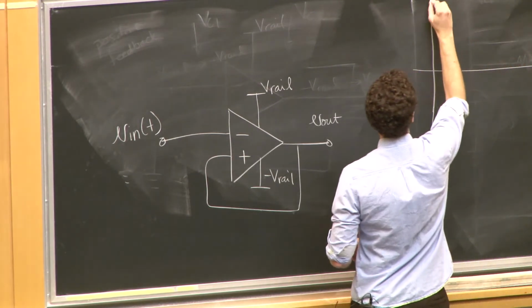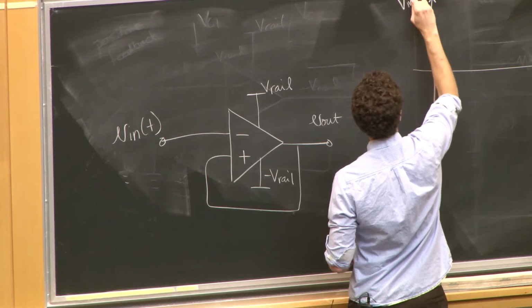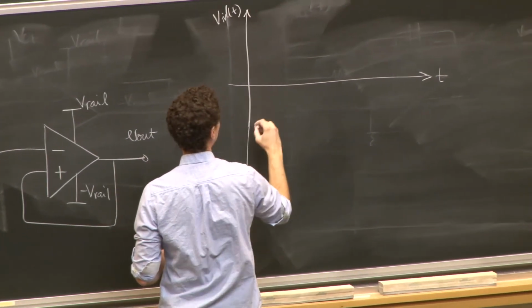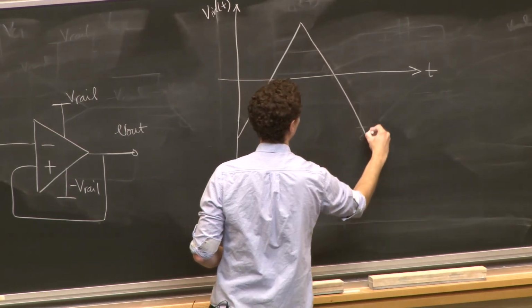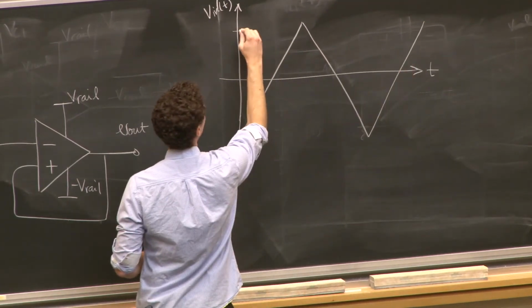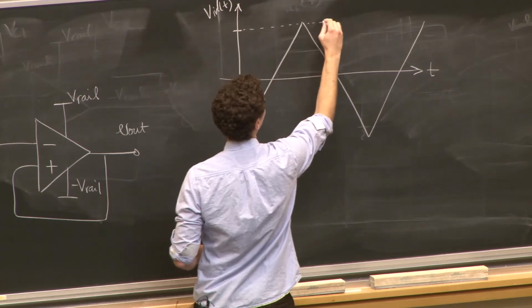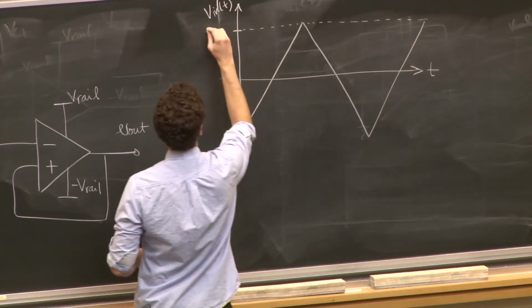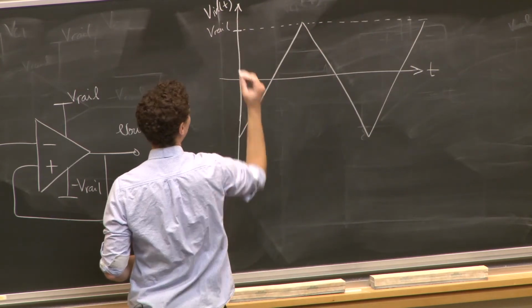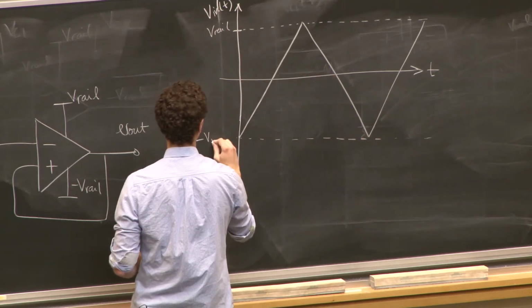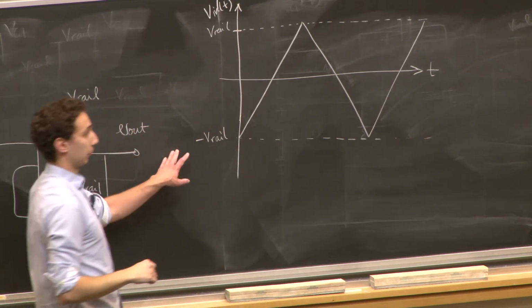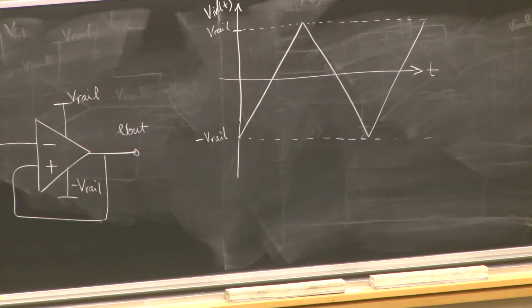As a function of time, I have V in of t, and I know that that looks like a triangle wave, right? And what I said was, I get exactly to the voltage V rail when I go to the top, and I get exactly to the voltage minus V rail when I get to the bottom. Okay? If this is equal to V rail,